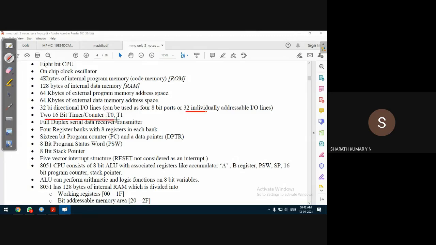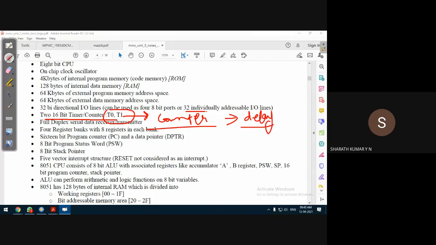16-bit timer or counter. In fact it was there in the block diagram, but we'll discuss this in a little more detail later. So what is the purpose of this timer or counter, guys? In the ADC lab theory, we have understood that a counter is used to count clock pulses. The purpose of counting the clock pulses is to generate what is known as a delay. So what is this delay?